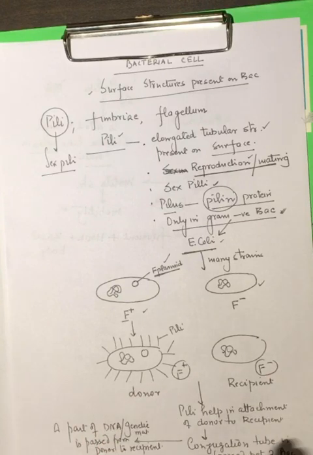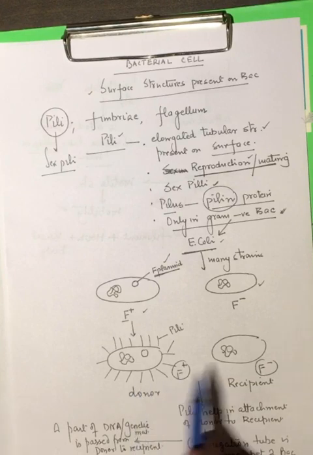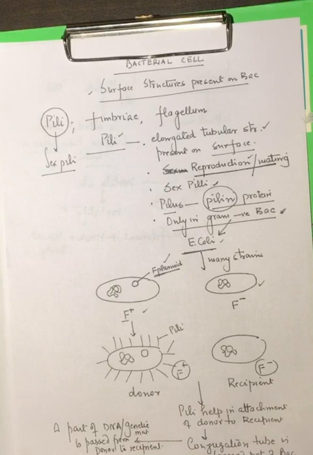With the help of these pili, they attach to the recipient bacteria. So attachment, and this is a sort of mating going on between the two. The two come close together, and then the conjugation tube is formed, and a part of the genetic material is transferred from donor to the recipient. So we have this primitive type of sexual reproduction even in certain bacteria such as the gram-negative E. coli bacteria, right? I hope you must have understood.